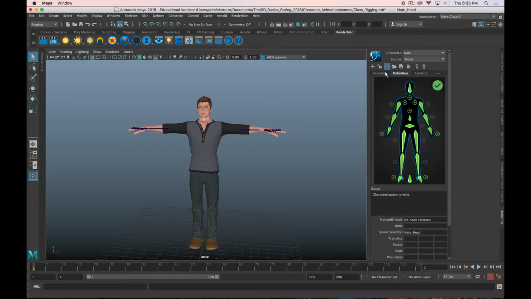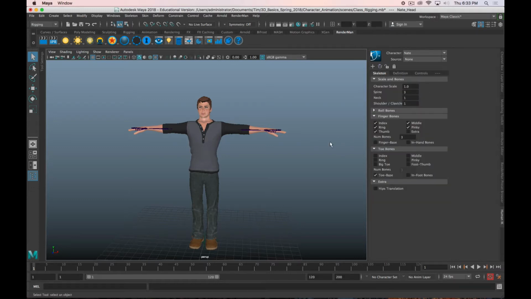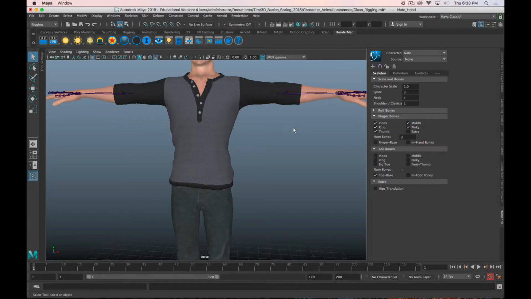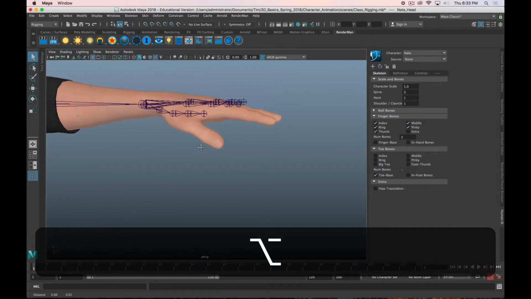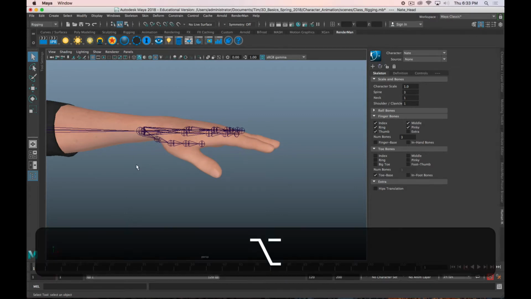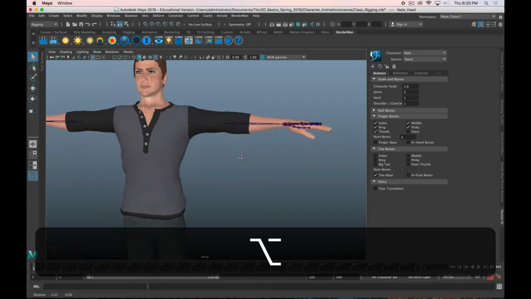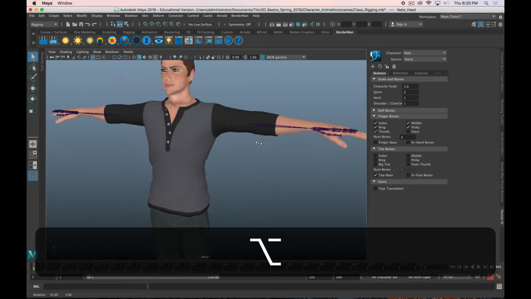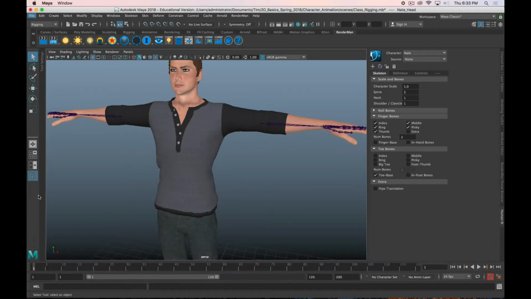So I think all of that is good. So now what we want to do is make adjustments to the position. Especially, you can see the hands are not perfectly lined up. So we are going to want to make those adjustments. So I'm going to open up quad view here